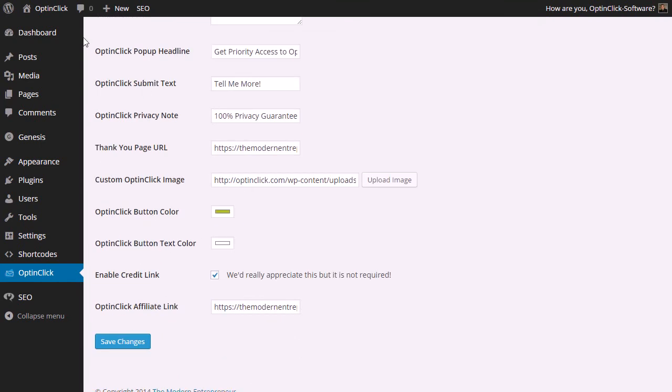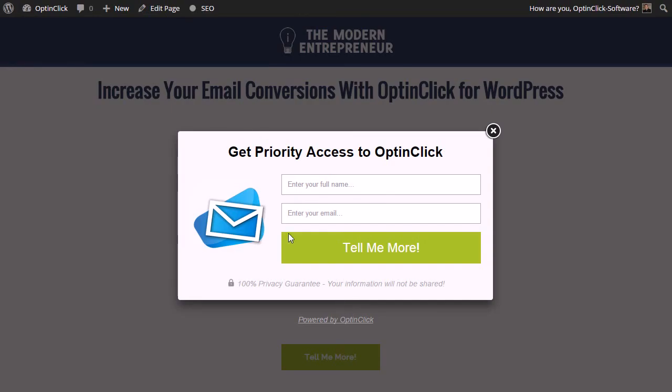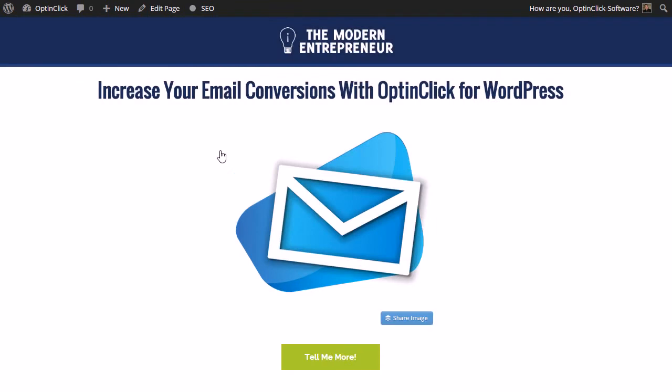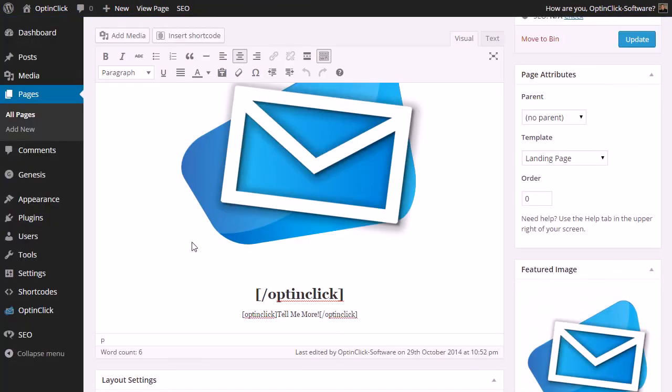So you've got a default opt-in form like here, but if say you have your standard call to action, it is possible to customize it further on a case-by-case basis. So with this tell me more button at the bottom, if we want to add in a custom opt-in headline, if I just type in opt-in headline and put this is my custom headline, and then I update the page, it's just going to take a couple seconds here to update because of my internet connection,